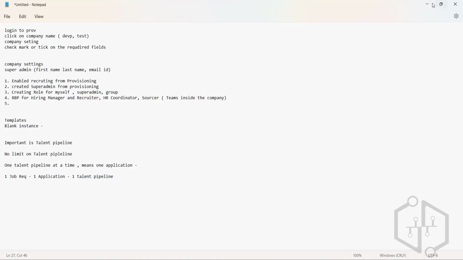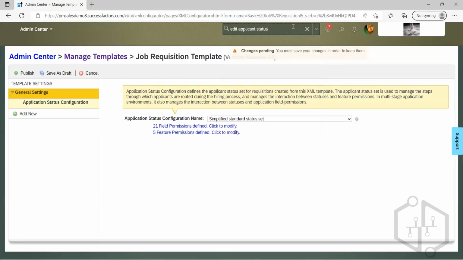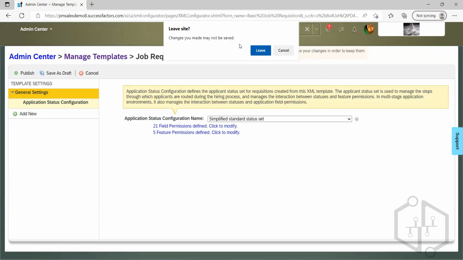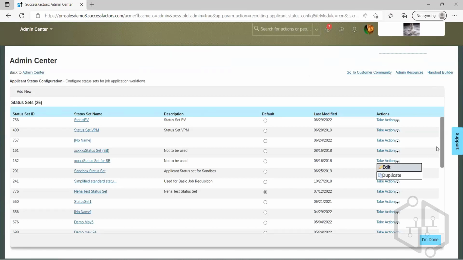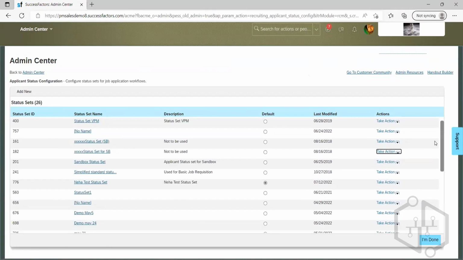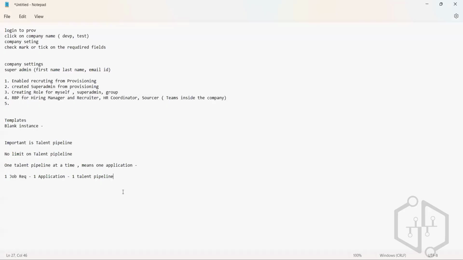Okay. So now coming back to talent pipeline. How do we create this talent pipeline? Here I can see so many talent pipelines are there. So okay, there is something called a